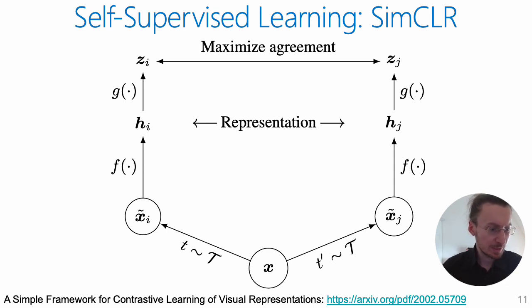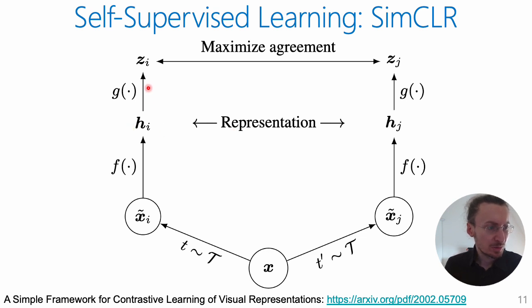What we observe is that here we have an input image X, which can be, for example, any input image from any dataset. We augment this image with two different augmentations, also called transformations. This is this big tau. We obtain the transformed views X tilde sub i and X tilde sub j. Both of these augmented views of X are just called views. They are passed through the encoder f, and then we obtain representations h sub i and respectively h sub j.